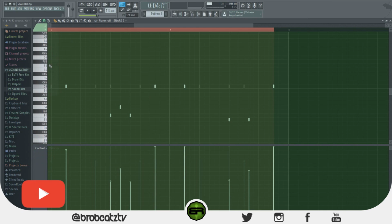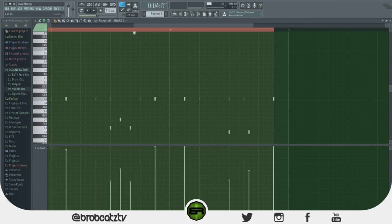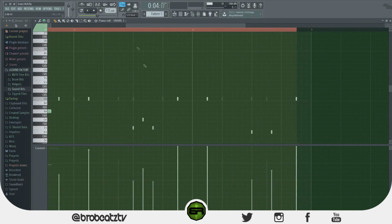Okay, so now the 1/6. All right, and this is the last part. It's basically the same as this, except it sounds better, at least to me. So what I would do with this is, usually when I do the 1/6, I put the snare, I do this roll right before the clap, and I don't know, it just makes a nice sound. So